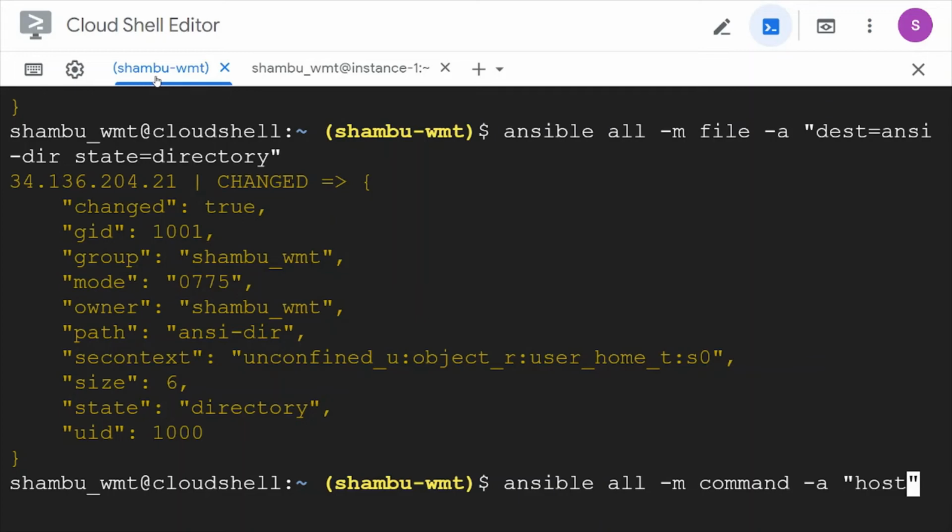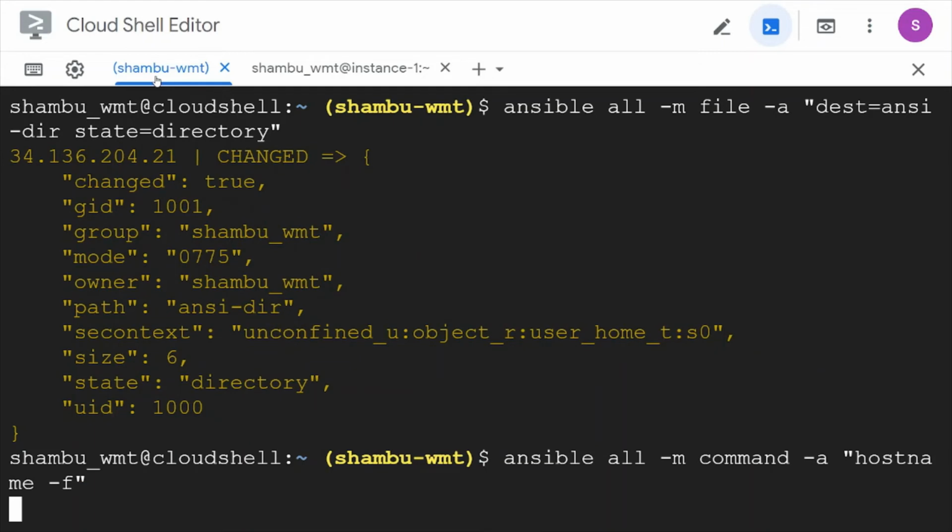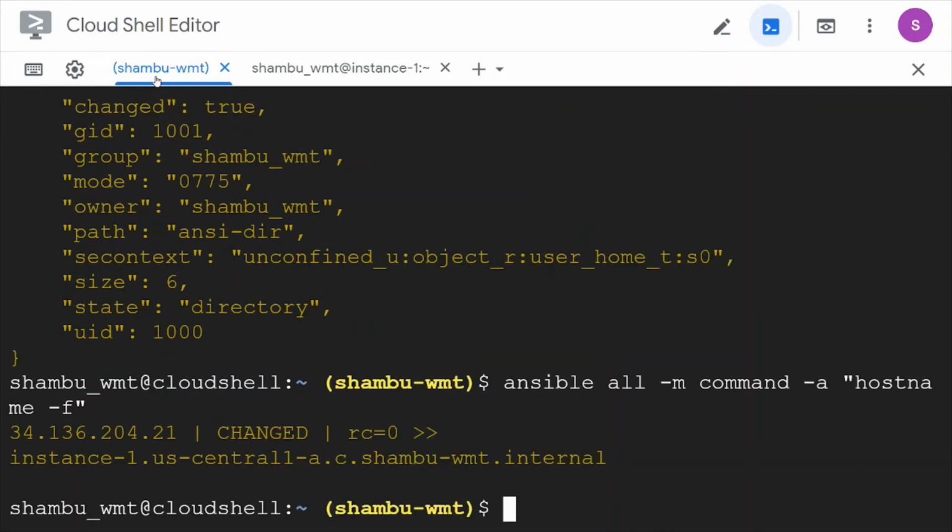I want to print hostname -f inside a server. Let's see what output we'll get. Also, we can restart the servers from Ansible. Also, we can restart service and servers. See, we can see that in this instance name server. So like this, we can run any command, or you can even copy the script and run from here.